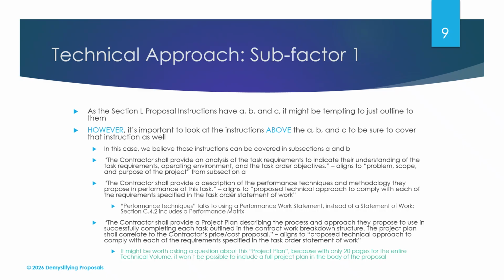And then the last part of that introductory section is the contractor shall provide a project plan describing the process and approach they propose to use to successfully complete each task outlined in the contract work breakdown structure. The project plan shall correlate to the contractor's price cost proposal. So again, I think that aligns to subsection B, which is asking you to address the requirements of the task order statement of work. However, it might be worth asking a question here about a project plan, because a project